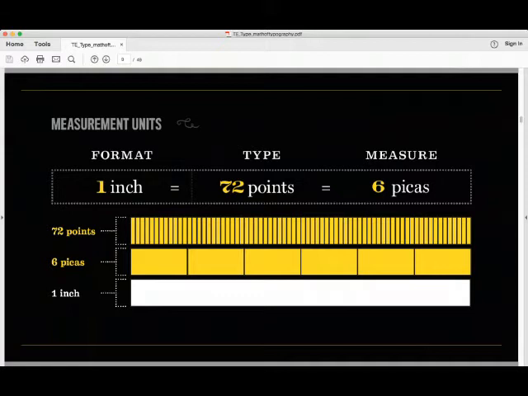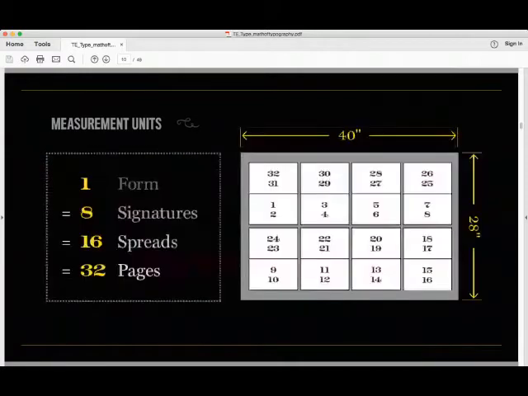So with points, once you know your page size, you can figure out the size of the spread, right? And 2 spreads printed front and back make what's called a signature, okay? And 8 signatures can fit on a form typically, but it depends on the size of the form too. This is a larger form here, a 28x40, and you're usually going to run covers on that. But nowadays, the printers have gotten larger presses, and this is up in Vancouver. This is kind of standard up there. But it depends on the printer too. Sometimes it can be 12 or 16 depending on the form size, like I'm saying.